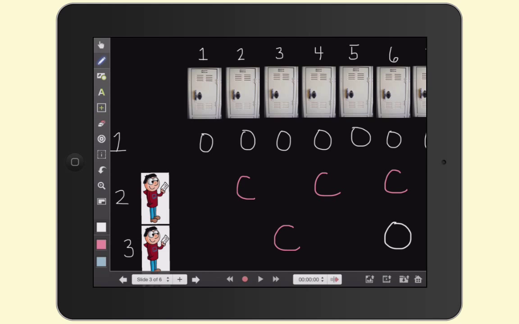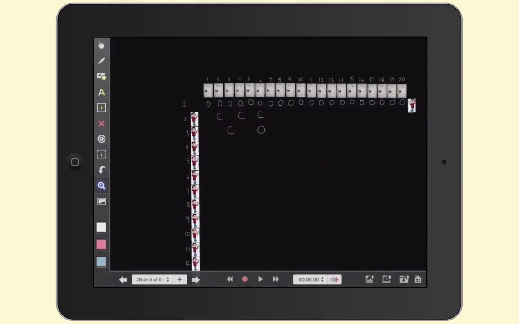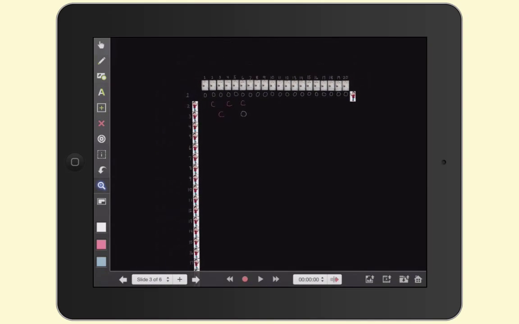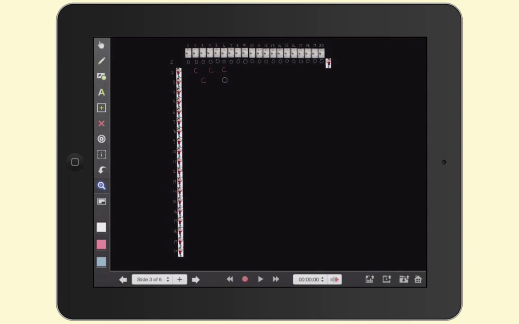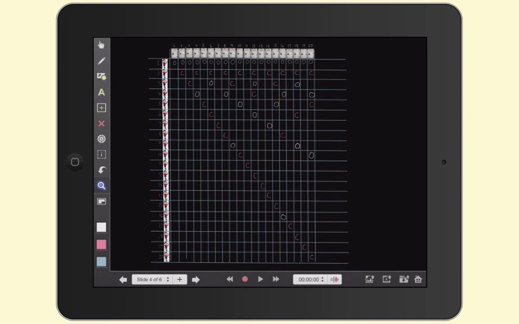Now you are going to end up having to do that for all 20 students. You can go through and open and close, open and close. I could spend the rest of the video doing that. I'm not. I'm going to zip it on over here, and there it is. Once you've gotten all of the students through, where they've opened and closed,